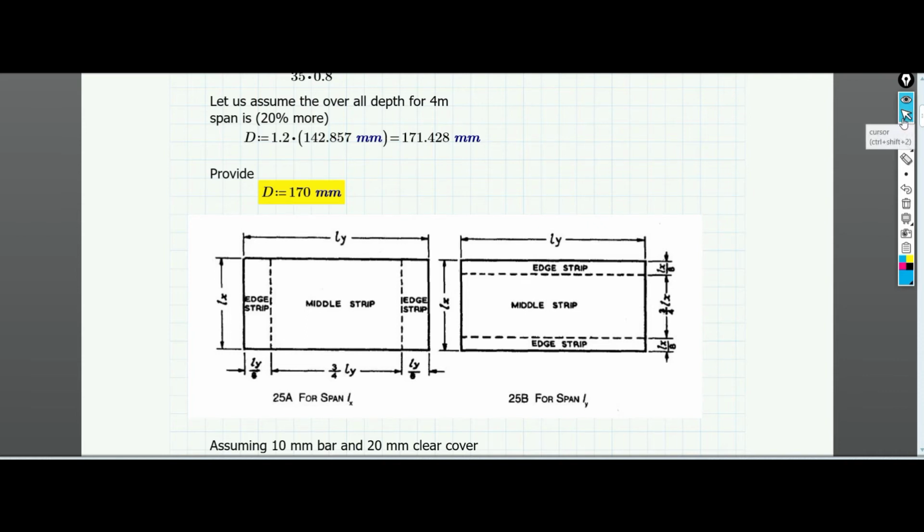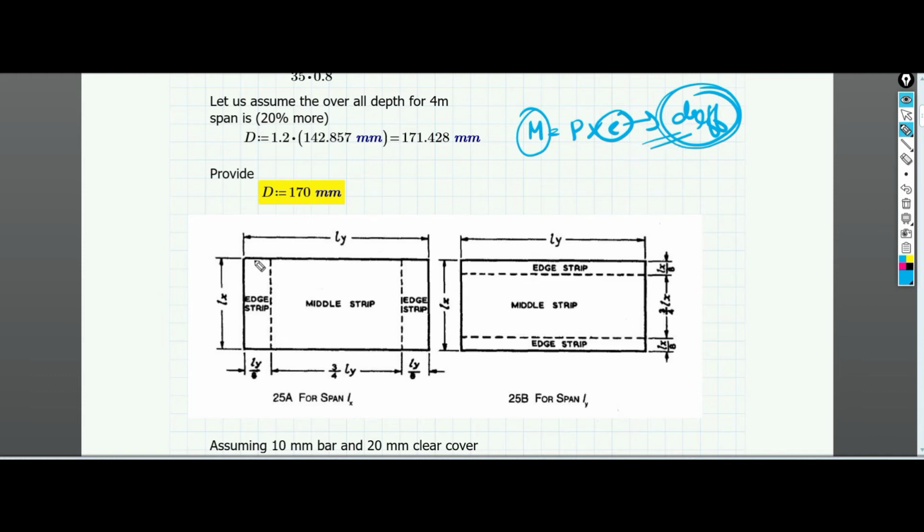The reason is along the shorter side, the moment is more. To take care of the moment, we need P into eccentricity, or depth, you can say, the effective depth. What we need is the d effective. If the moment is more, we need more effective depth. In that case, if you provide the reinforcement at a lower level, the effective depth becomes more, so I can take more amount of moment.